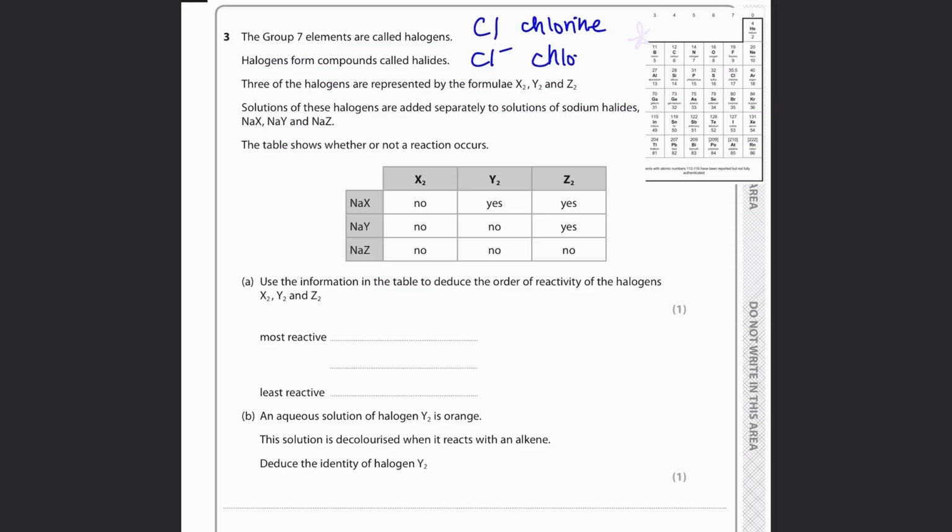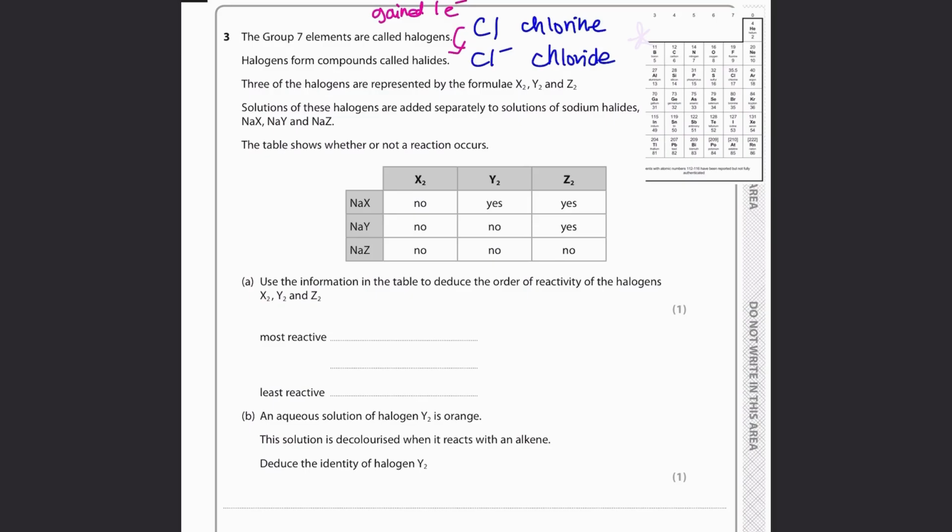So chloride is after it has gained 1 electron. Why gain 1 electron? Because chlorine is in group 7. How many do you need to gain to get a full shell? 8 is a full shell, so 7 plus 1 is 8. It needs to gain 1 electron to get that full shell. That's why it's 1 negative, because it's gained 1 negative electron. So halogen is just the element, and the halide is the ions made from the